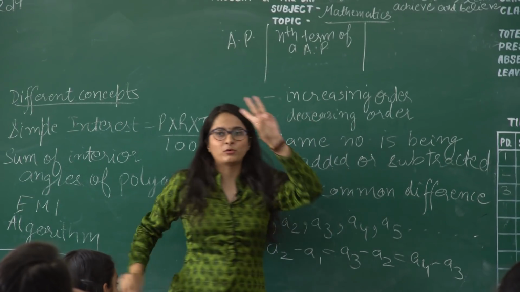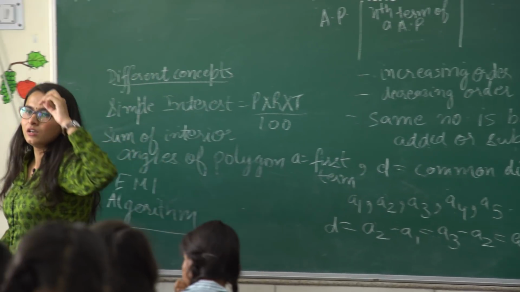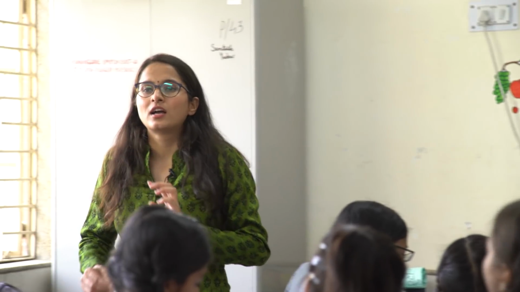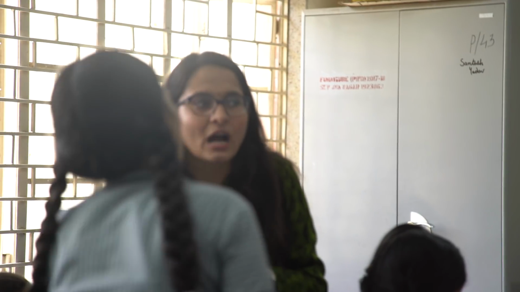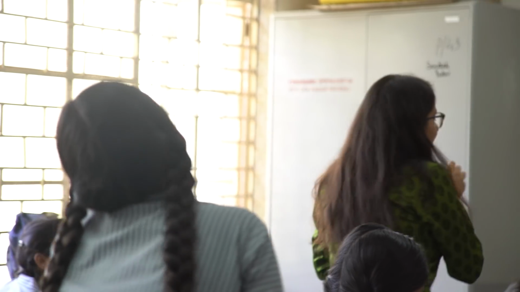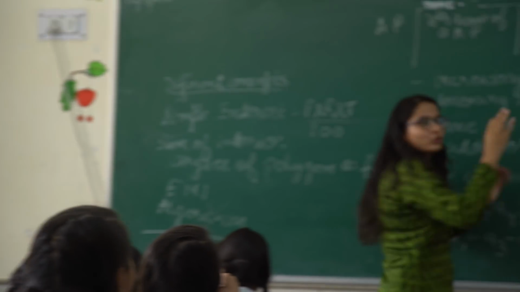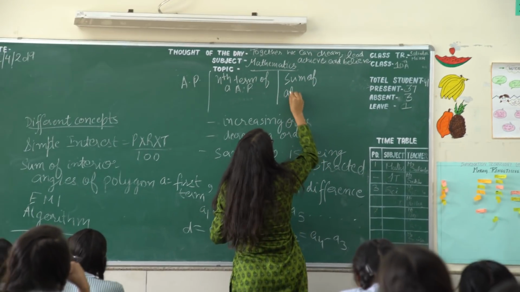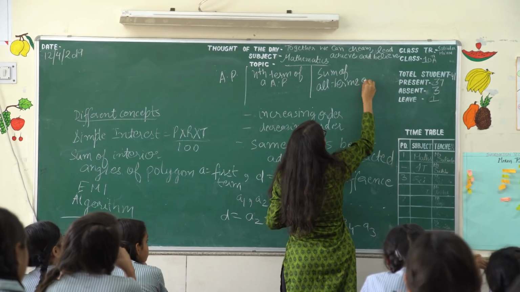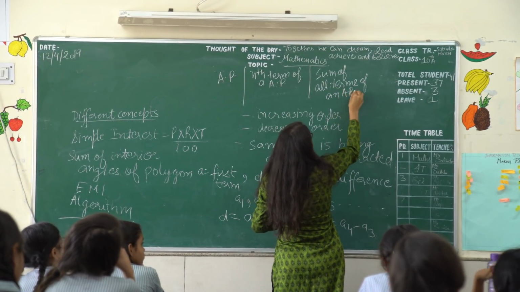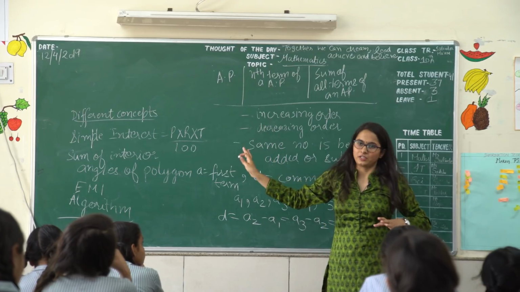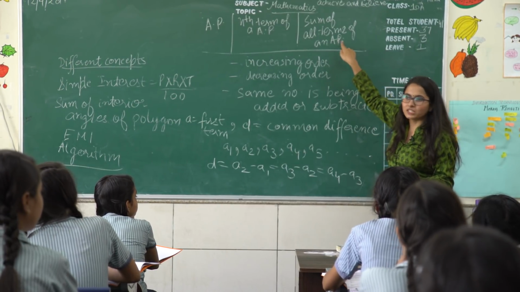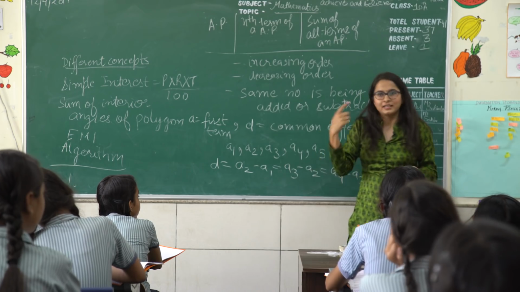What did you do in the third question? First question, third part. What did I ask you to do? Geeta? Count the total number of chairs. What did you do? You added all. So that is called the sum of all terms of an AP. This is your entire unit. So we will find out the formula for this and for this in our next class. Okay? You have to come up with one example in each group of an AP.